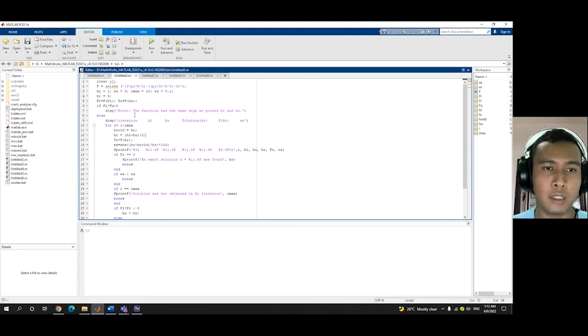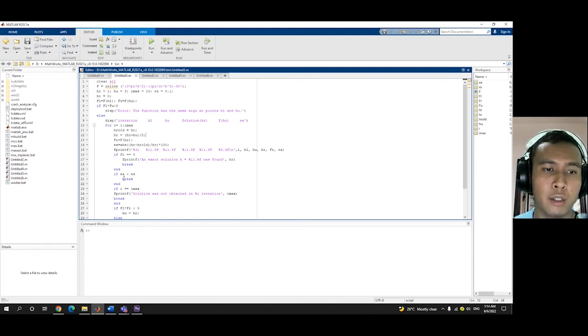HR equals HL plus HU divided by 2, and to get the error, it is absolute HR minus HR old, all divided by HR, times 100, and it will display I, HL, HU, HR, FR and error in the table. So if FR equals 0, it will display the root,